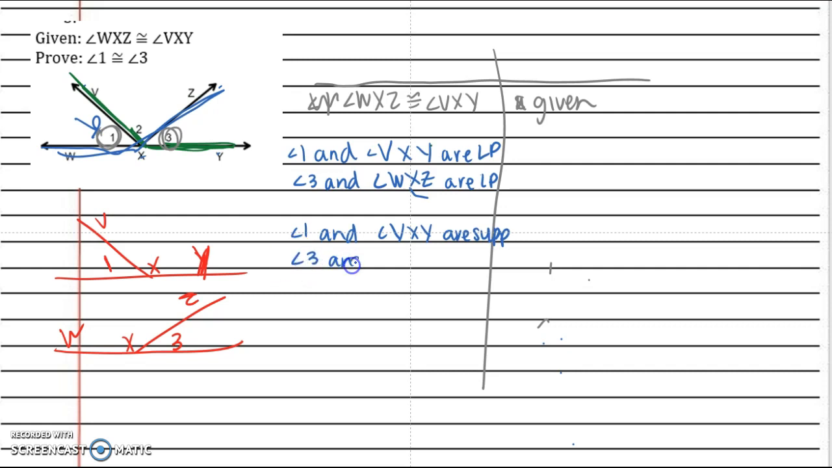and angle 3 and angle WXZ are supp. And then I can say the measure of angle 1 plus the measure of angle VXY equals 180. And then the measure of angle 3 plus the measure of angle WXZ also equals 180. My goal is to say that 1 and 3 are the same. So I will substitute: the measure of angle 1 plus the measure of angle VXY equals the measure of angle 3